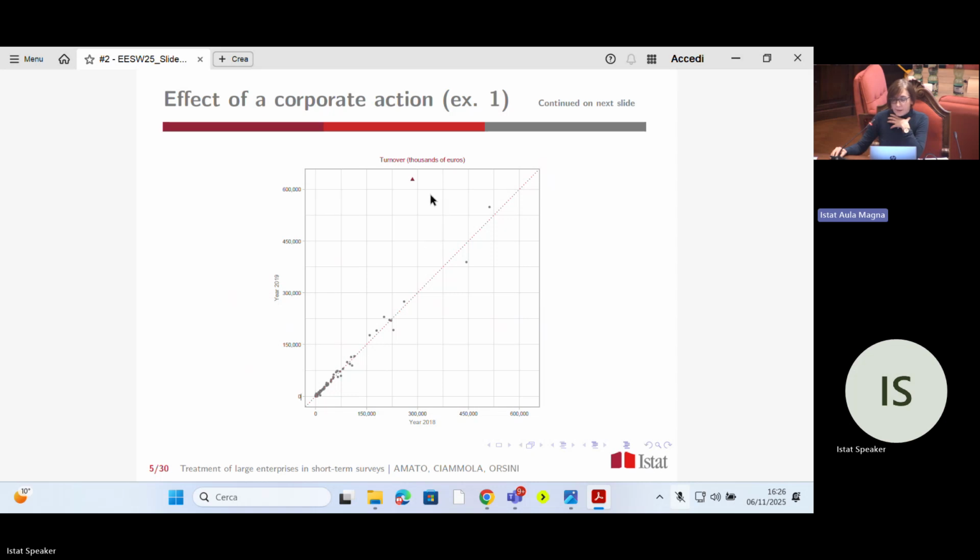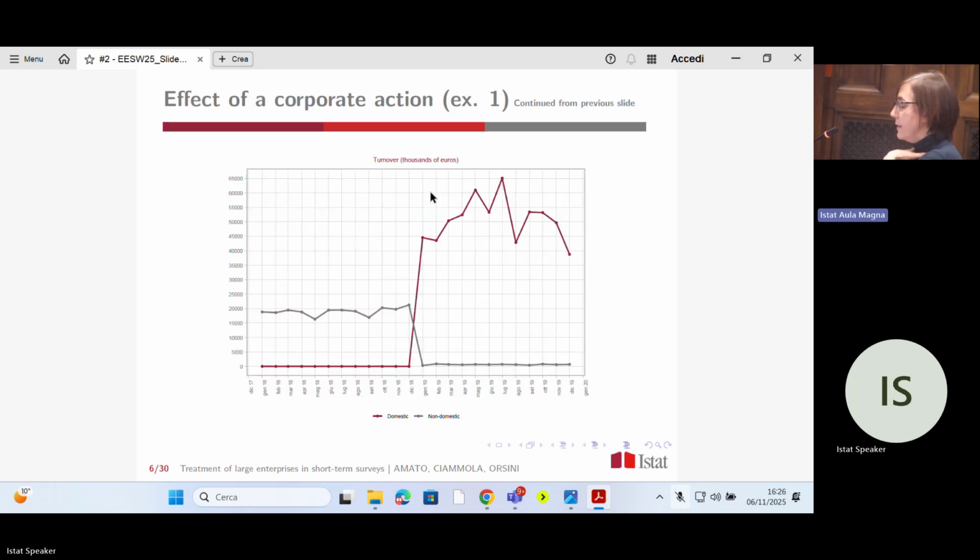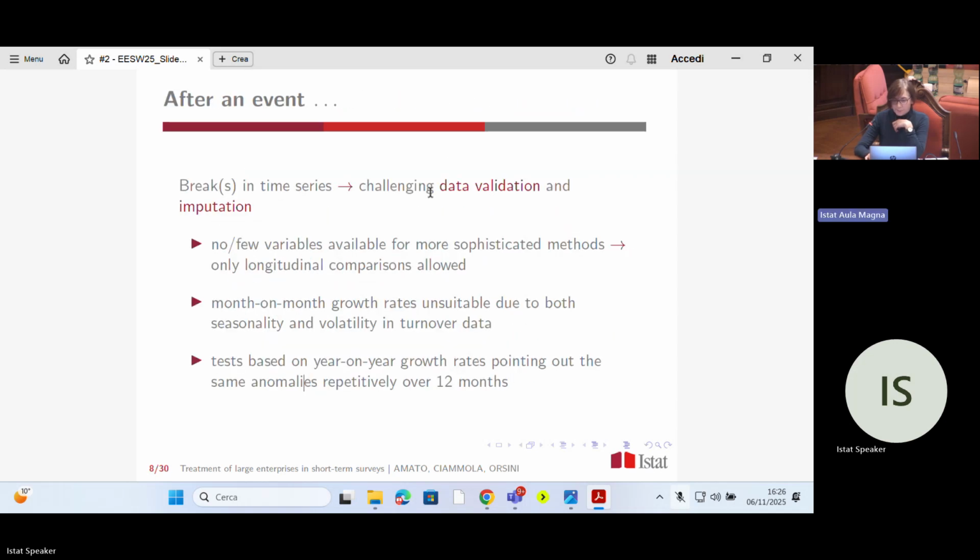And this increase in the level of turnover is not the only effect, because in this slide I show you that the event produces a change in the business model with these effects on the domestic and non-domestic turnovers of the enterprises. So after an event, there are breaks in time series, and these breaks